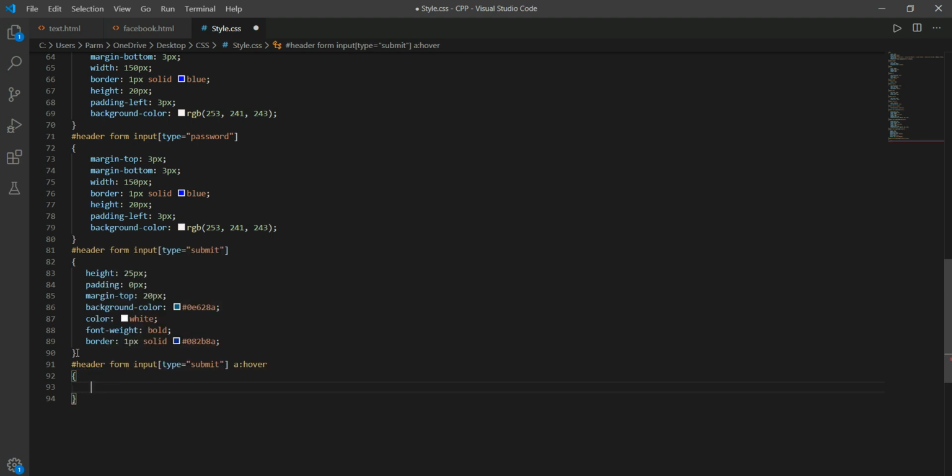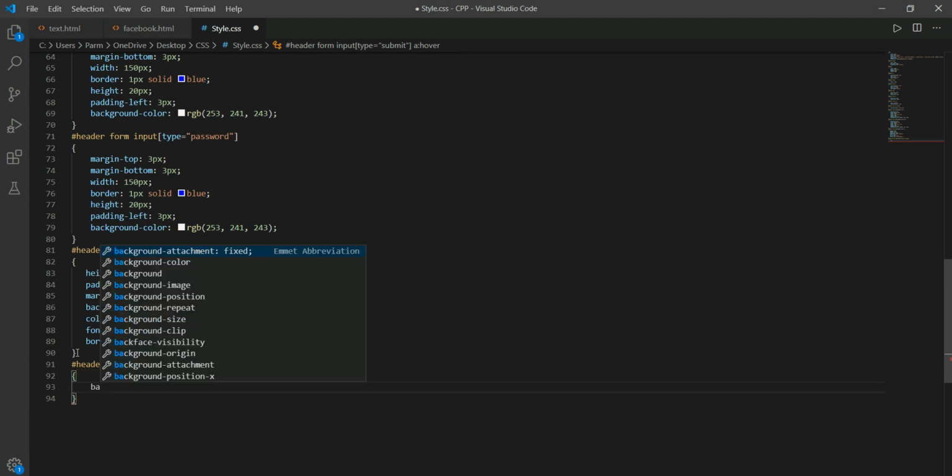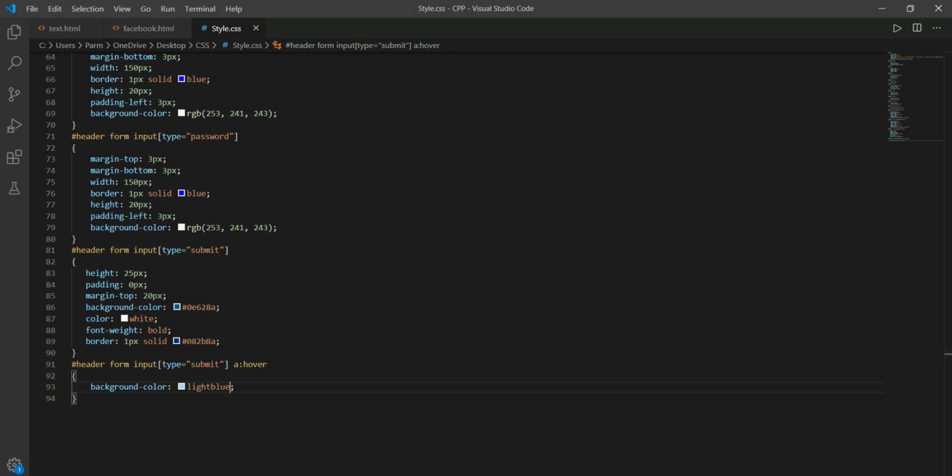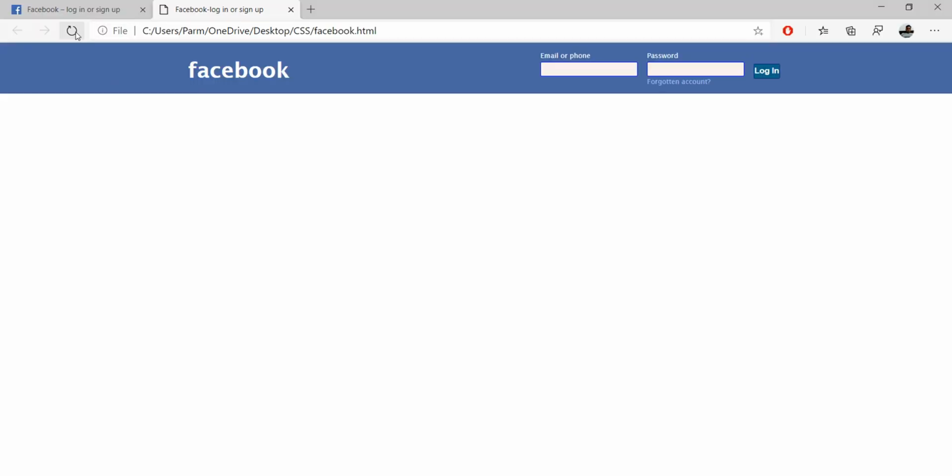Here we have to change the background color. Background color I'm saying simple here, light blue. Saving this, refreshing this, and let's see. So it's not taking effect right now.